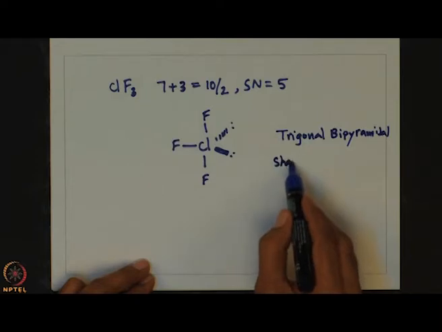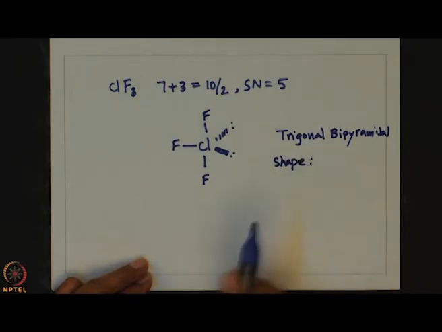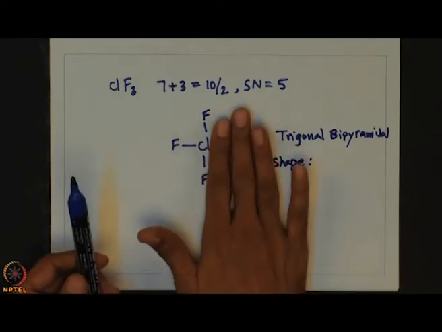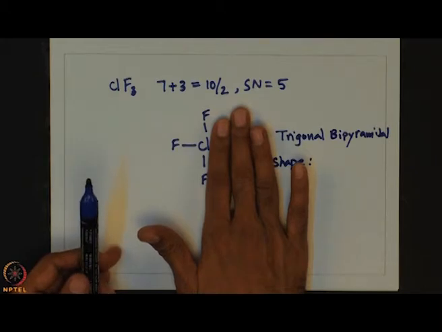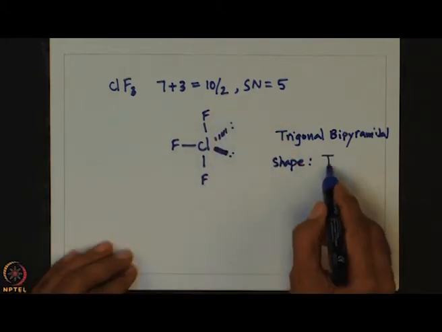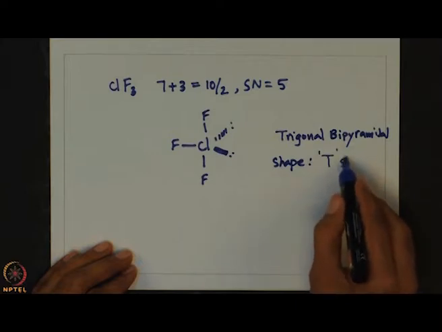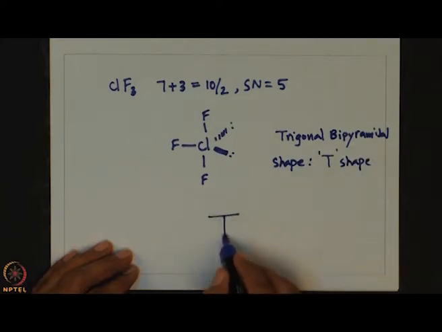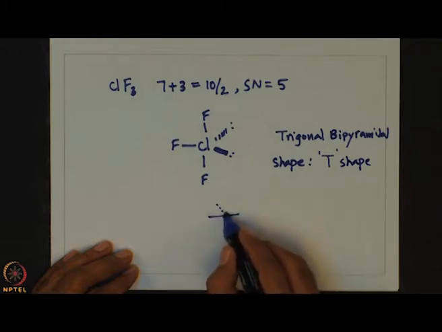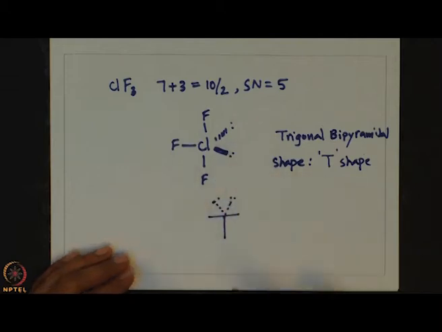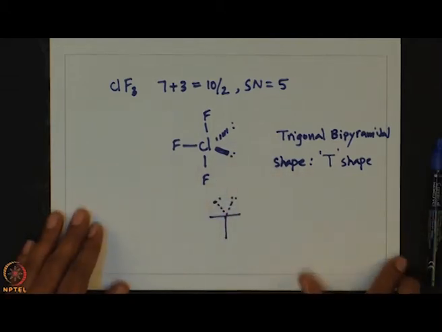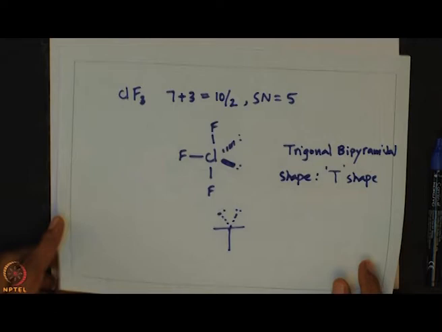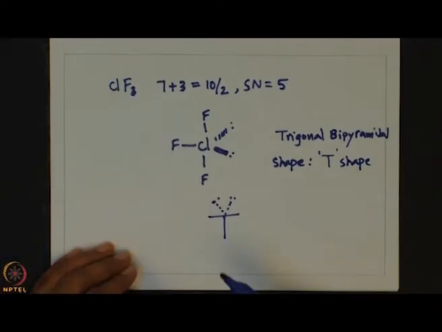Shape is, if we ignore this, it appears like T molecules. The shape is T shape. So, this is how it is called as having T shape. Essentially, these are not considered, so it appears like having T shape. So, this is how one can also write the correct structure for ClF3 showing 3 bonded pairs and 2 lone pairs.